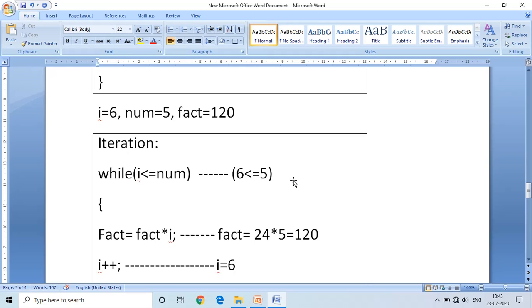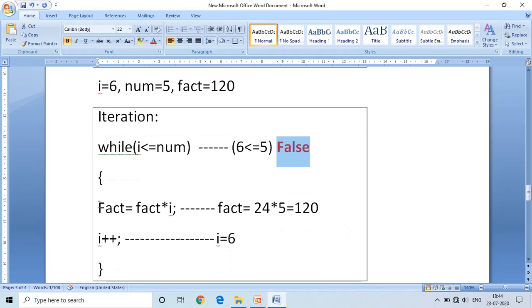The condition is false. Here the condition fails. It exits from the loop without executing these instructions.